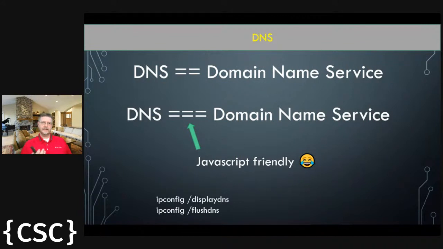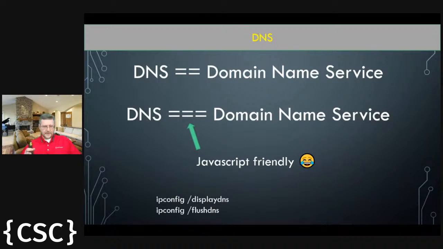If you're running something like Windows, you can run the command ipconfig /displaydns, and you can see some of that DNS information there. You can also flush the DNS information, which has to happen on occasion. Sometimes that information gets some misinformation in there. I'm not really sure how that can happen, but it does at various times. I've even fought with it once when I was trying to clean a virus off of a computer, and it was trying to control the DNS information. So sometimes you will have to clean that DNS information.